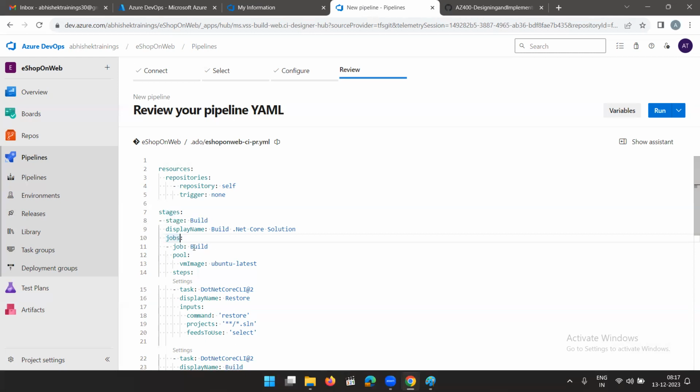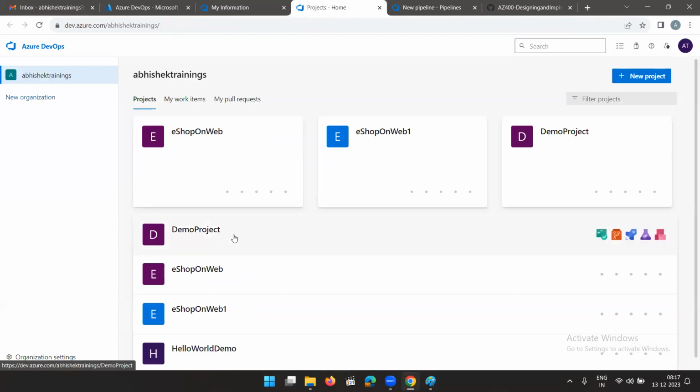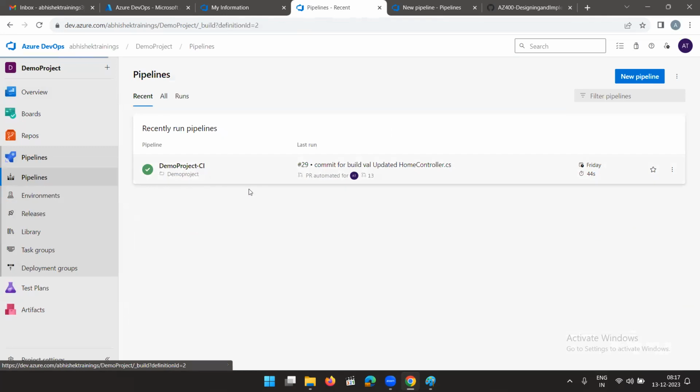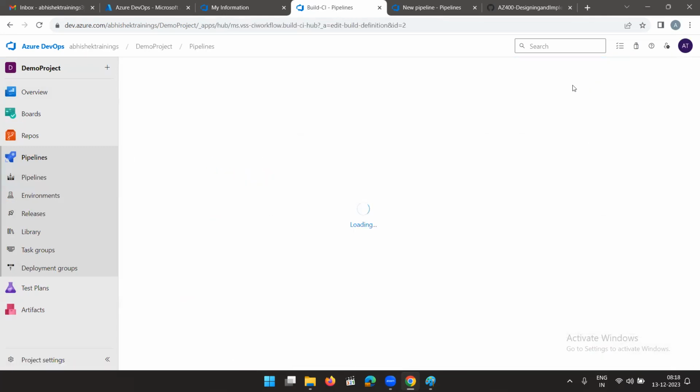Now inside the job you have job. So what is the first job? Here it is build. What is the pool you will be using? Now, if you compare side by side, like if I open another tab and let's go with the project we had here in the pipelines, the demo project CI pipeline. Here, if I edit the pipeline,